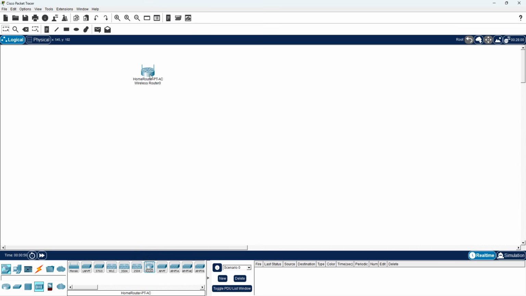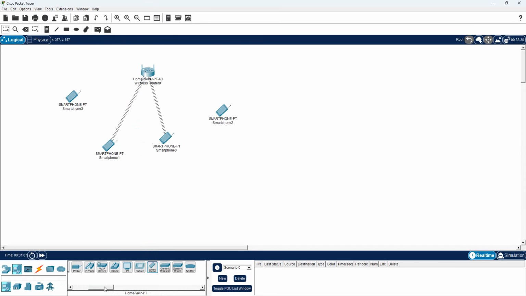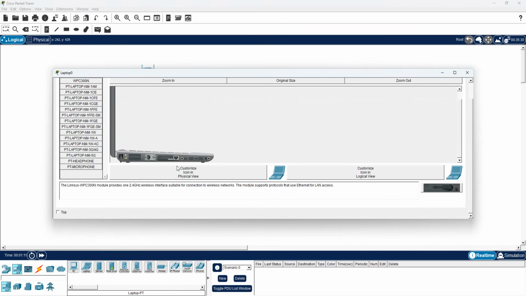Take this one, and after that you can take the end devices. You can take the smartphone. Okay, see it is connected, and you can see you can take your laptop and go here inside the laptop,